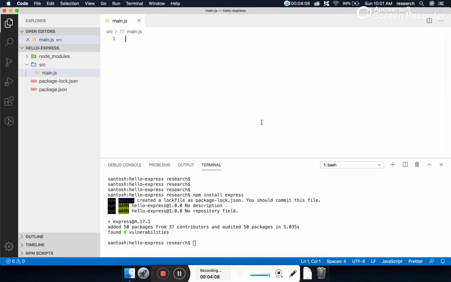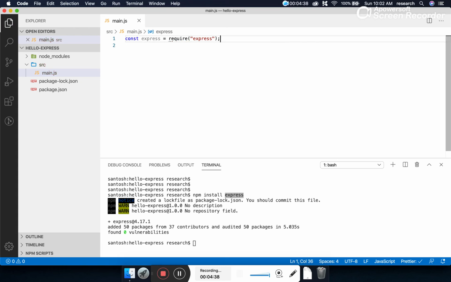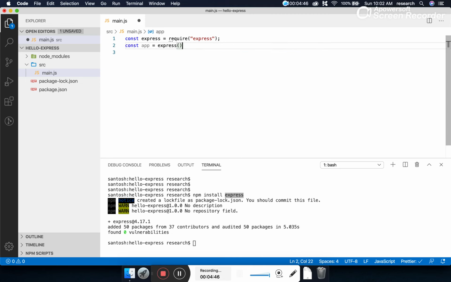So how to begin? The program begins with importing or adding the Express.js module in our project. require is a global object which helps us to add an external module. So the external module which we have just downloaded, npm install express. Let's assign this to one particular variable. If you are familiar with Node.js, this will help you. Now we'll create an instance of Express.js.